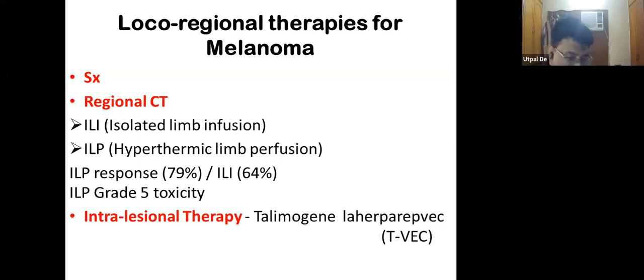Now, there are a host of intralesional therapies which are coming up. And if you look in the literature, you have in your recent advances three of them. That is, one is TVEC, then there are interleukins, and there are others. But if you look up in the literature, this is the area currently where research is going on. But I felt that TVEC should be mentioned because, see, it's very difficult for me to pronounce actually what the whole thing is. So TVEC is what it is,